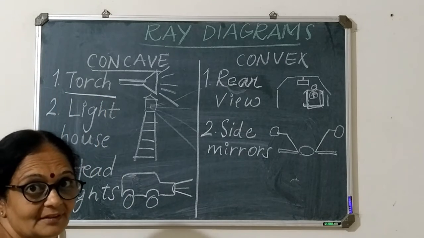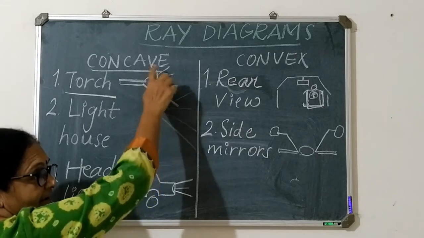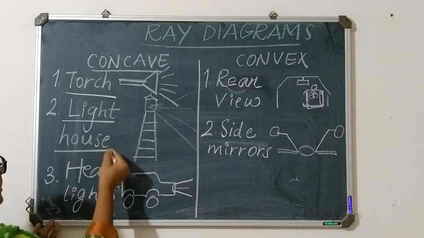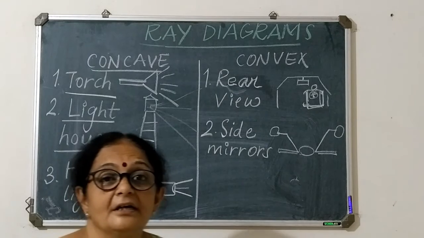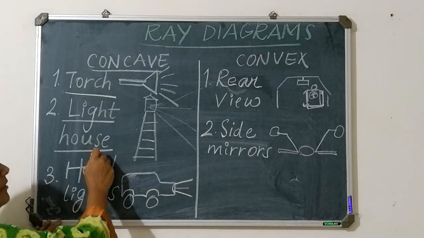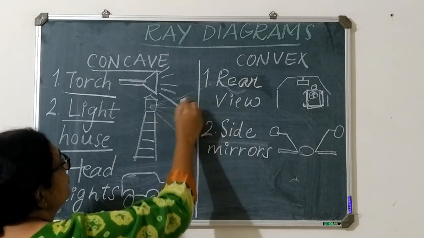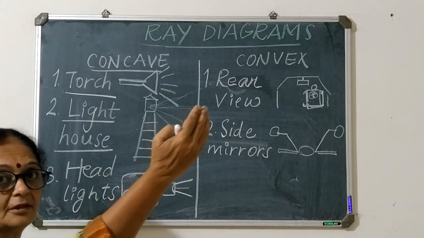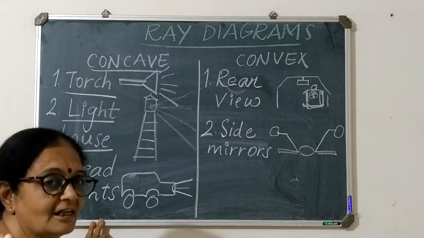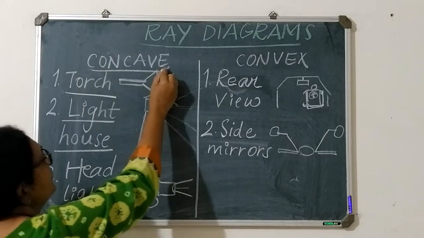The torch we use when we go to the forest, or when the light goes off, the mirror in the light of that torch is a concave mirror. The next place where the concave mirror is used is in a lighthouse. Lighthouse, in Gujarati we call it diva dandi, which is on the sea. On the sea shores you get to see the lighthouse, at the very top of which there is a big mirror, and that mirror is used to show the direction to the ships. So they know that here the lighthouse is there, so the shore will be here. For that it is. So in lighthouse also we are using concave mirrors.